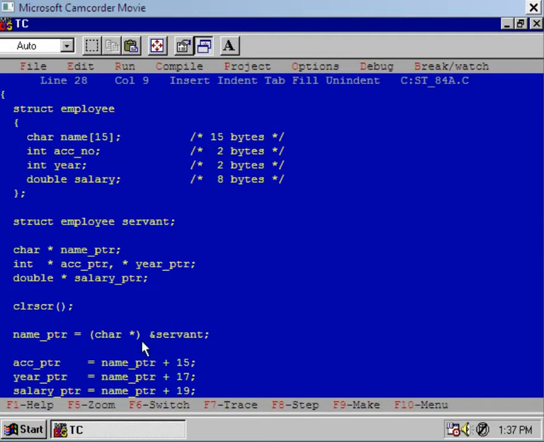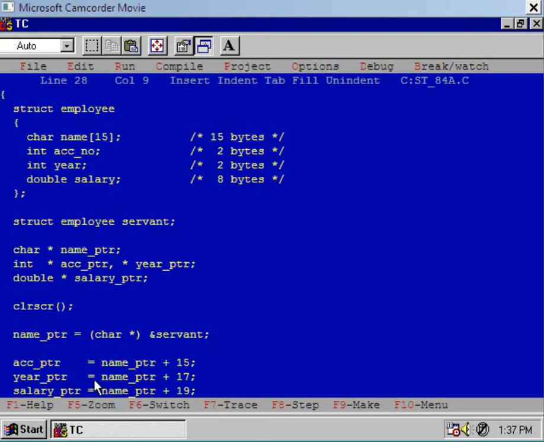So name pointer, that is base address, plus 15 will give you the address of account number, which is the second member of the structure variable servant. And hence after this assignment, ACC pointer will point to the second member of the structure variable servant. Is it clear? Understood the working? Well, now you see the next assignment.